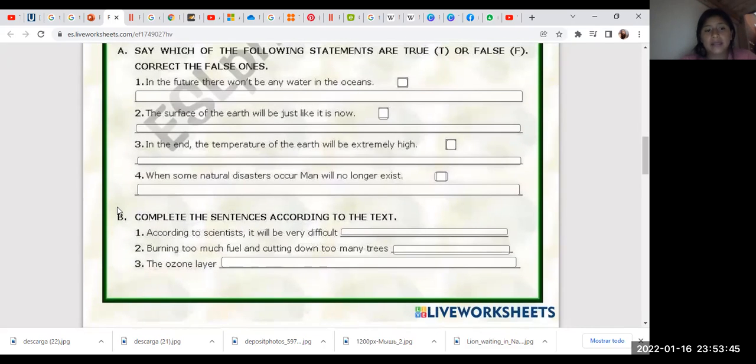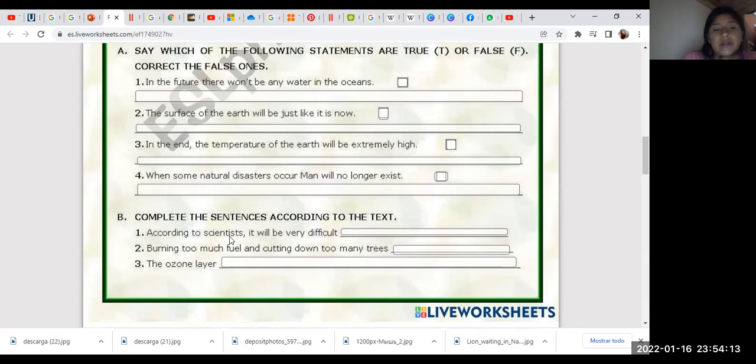In activity B, 2 points, and activity A, 1 point. For example, in the future there won't be any water in the oceans: true or false. Then complete activity B.